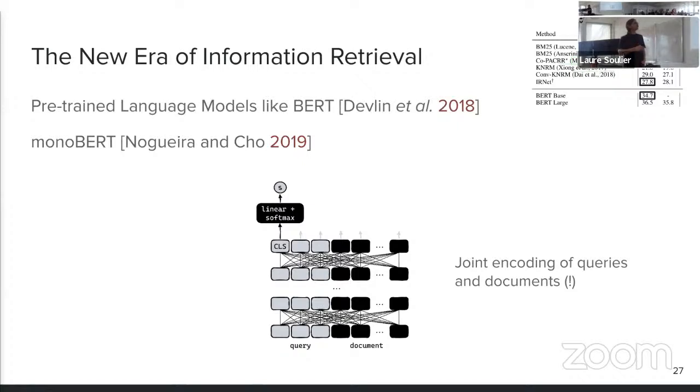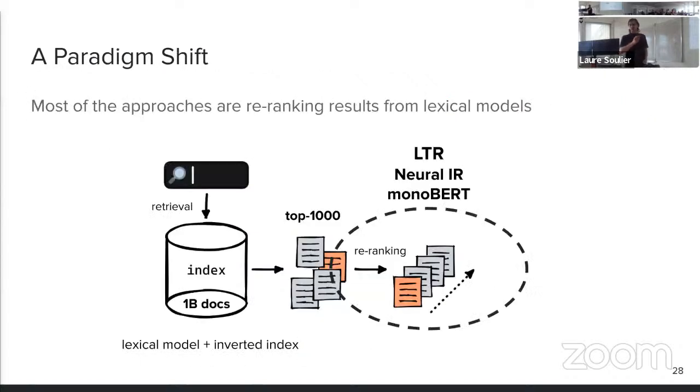And we had a breakthrough moment in information retrieval in early 2019, when Nogueira and Cho completely shifted the state of the art on the MS MARCO dataset using a simple adaptation of BERT for the re-ranking task. But while these results were impressive, there was still a limitation.